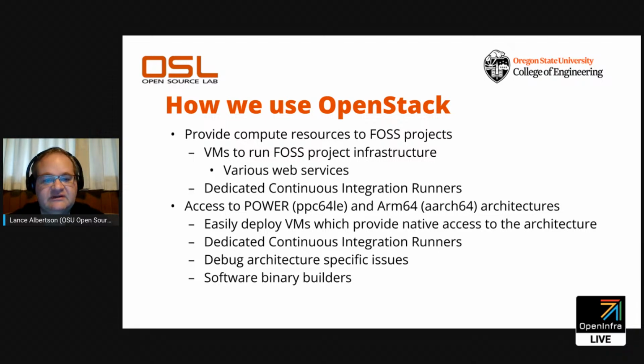And then on the ARM side, it's the same thing. We actually have servers that are in the rack, and they're not just Raspberry Pis running somewhere randomly. So they're nice, great systems. And as I mentioned before, these are primarily used for a lot of CI runners and so forth. So a lot of the projects that you see out there, if you see some kind of CI job running on Power or ARM, it might be running on our cloud. We have it out there quite a bit. Or a lot of the software binary builds that you see, maybe even Docker or some other things, might actually be built on our OpenStack cluster, which is pretty cool.